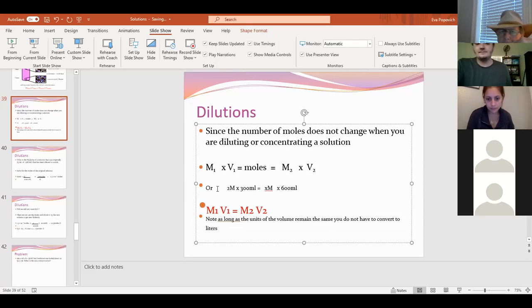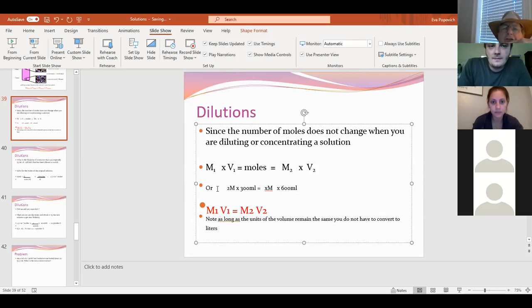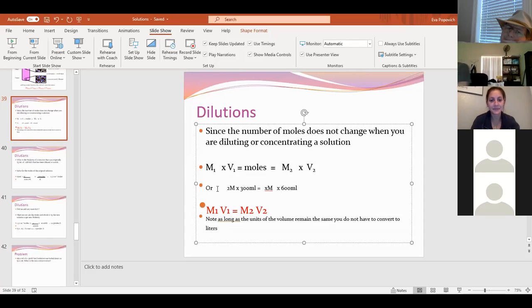The moles will remain the same, but the concentration is lower. Why is it lower? Because you have less solute for the amount of volume. Exactly. So to do this math out, if I was going to do this,